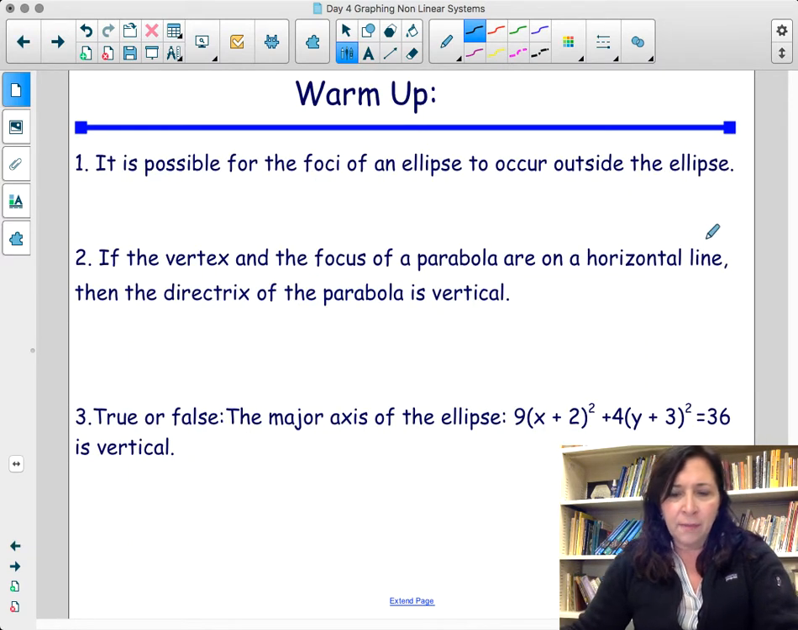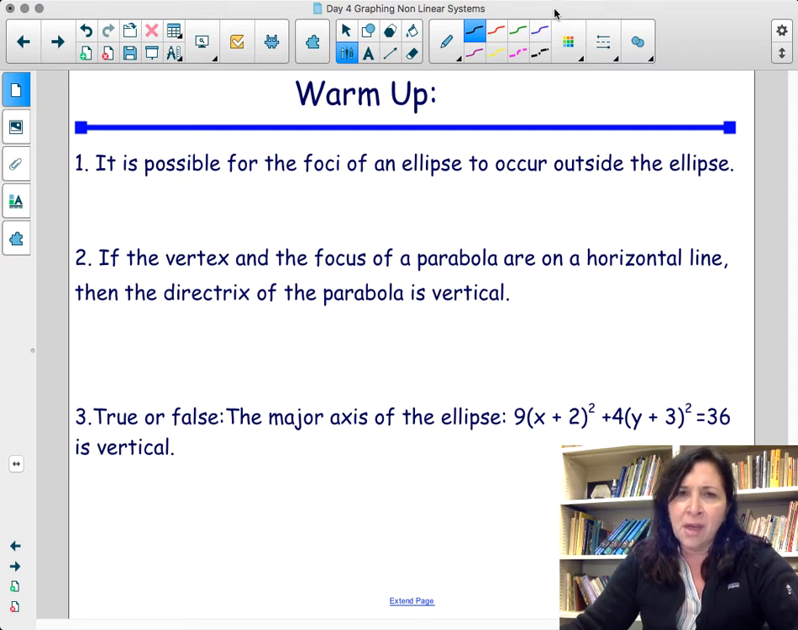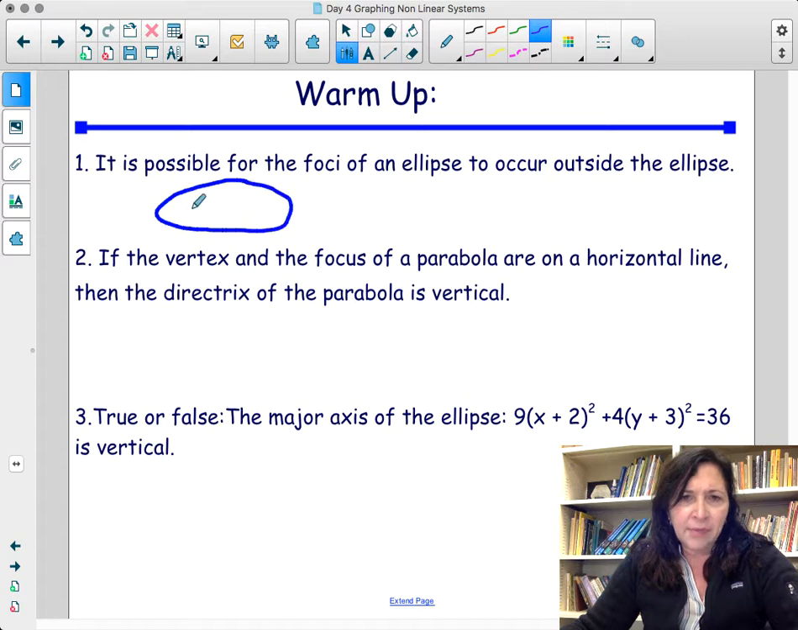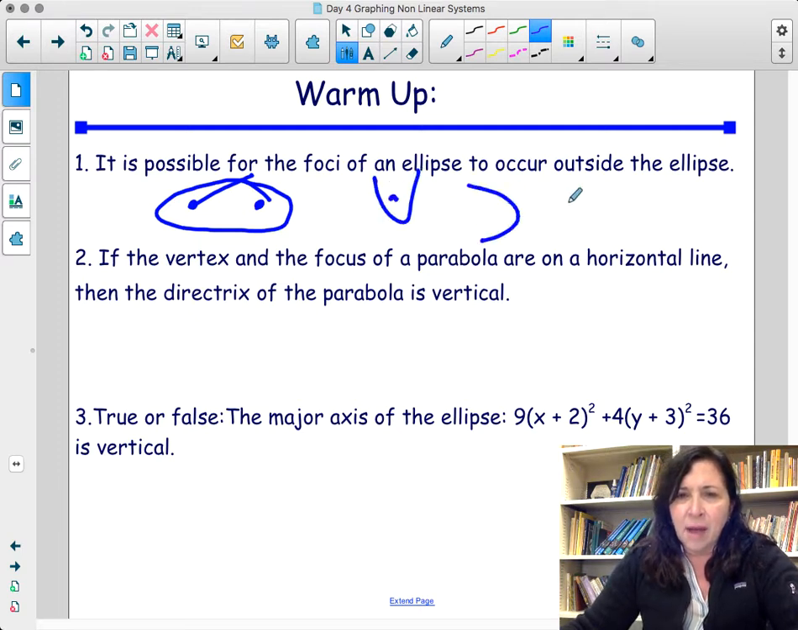Okay, so warm-up. Is it possible for the focal points or the foci of an ellipse to occur outside of the ellipse? The answer to that question would be no. If you have an ellipse, your focal points are always going to be inside the ellipse. Basically that's for your distances and drawing that, but they're always inside. And technically, whether it's a parabola or a hyperbola, your focal points are inside. I know that an ellipse is a closed-off figure, but the answer is